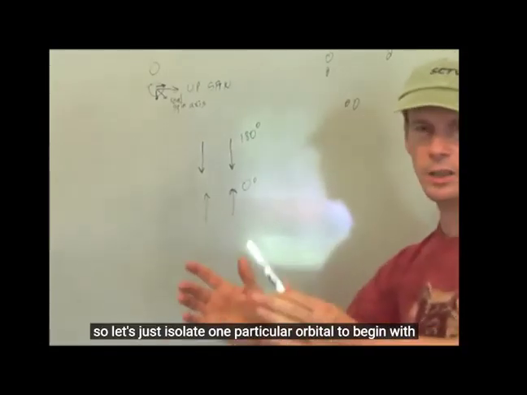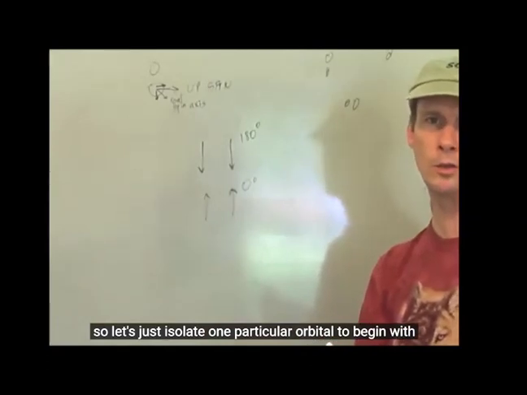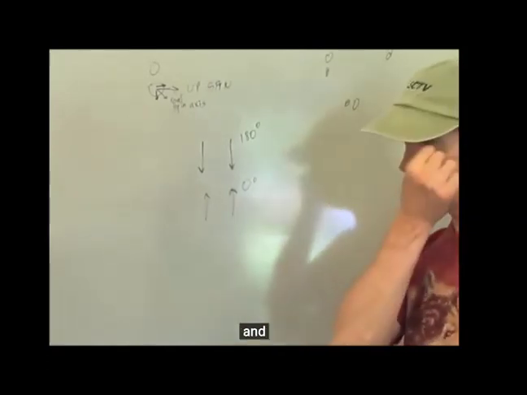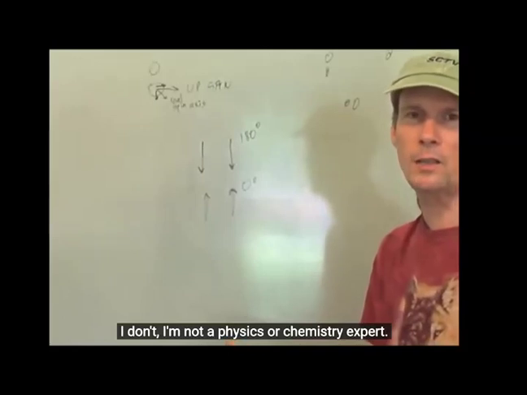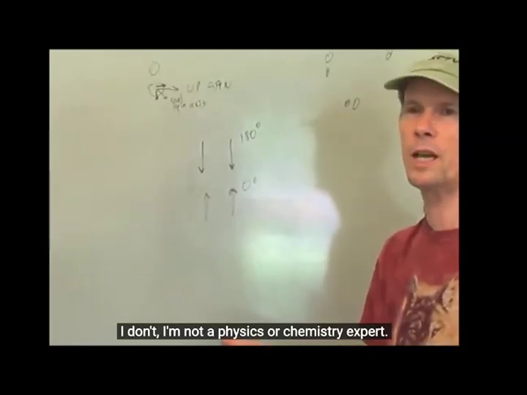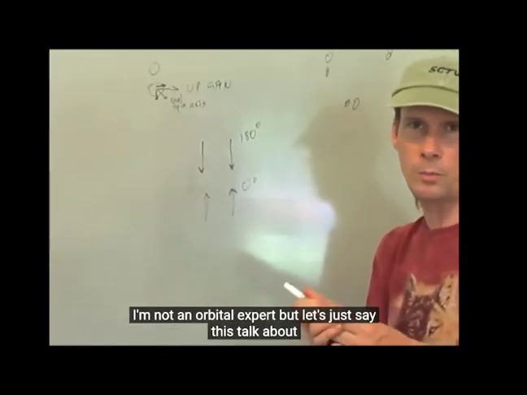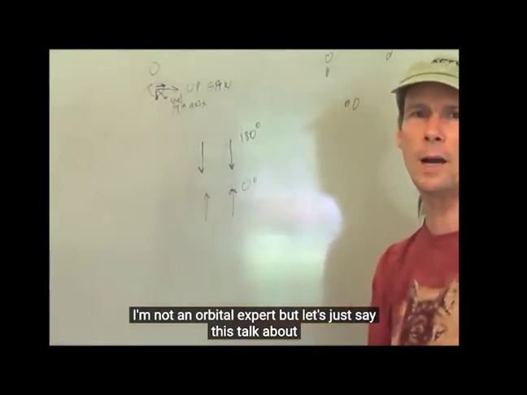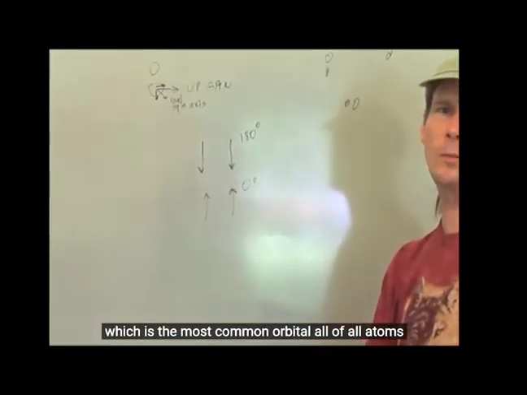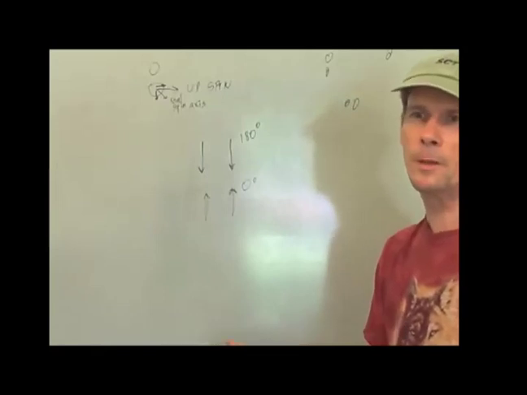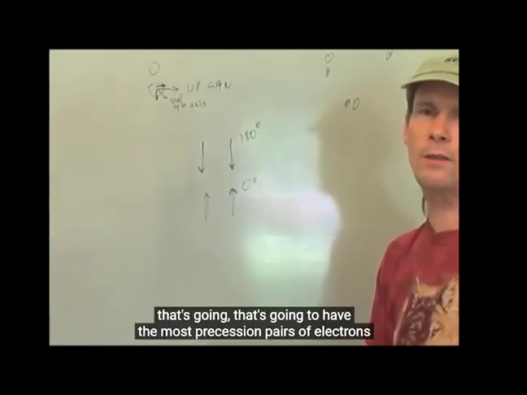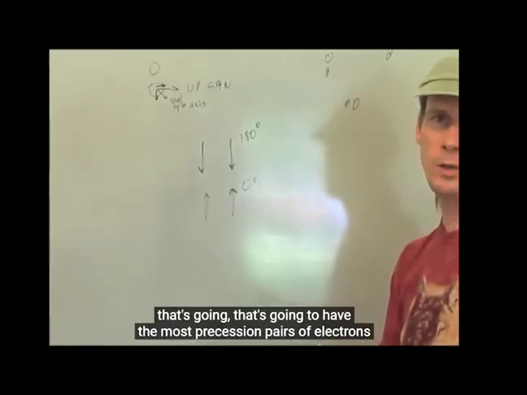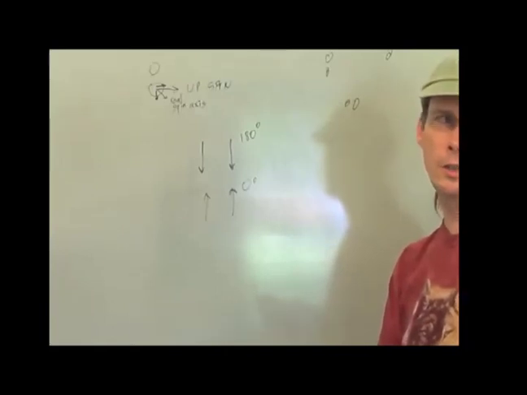So let's just isolate one particular orbital to begin with, and I'm not a physics or chemistry expert, I'm not an orbital expert, but let's talk about which is the most common orbital of all atoms. That's going to have the most precession pairs of electrons